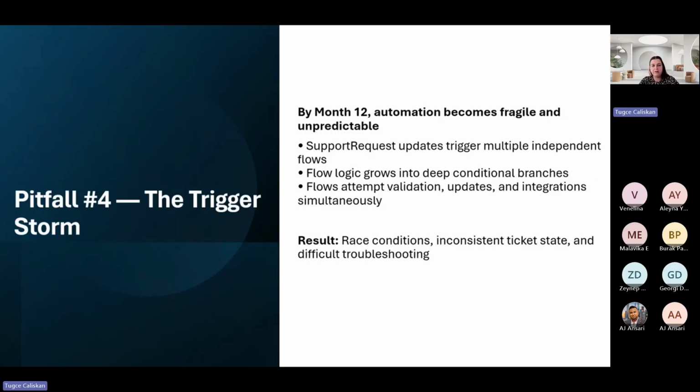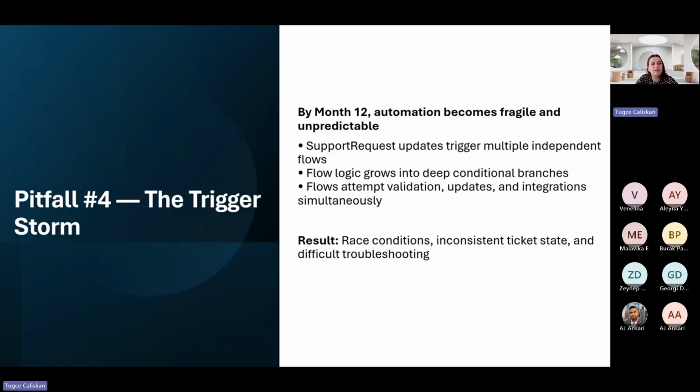We have another pitfall here, which is a trigger storm. So maybe this is one of the most common ones, actually, I would say. We have a lot of flows, right? So we have one flow, let's say, to send notifications, another calculates SLA, another integrates with some external systems. In many systems that I saw, flows are the main focus, one of the reasons, I believe, that it's considered more low code right now, and it's easier to implement if it's not a complex structure, which makes sense.